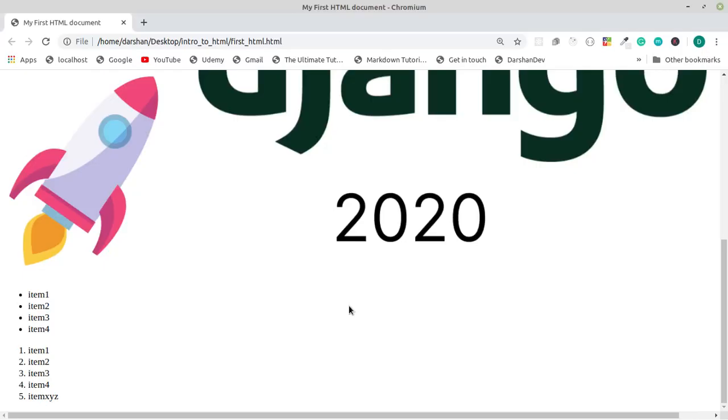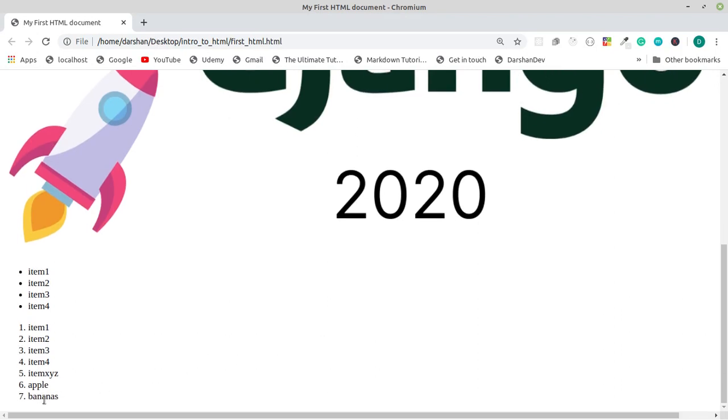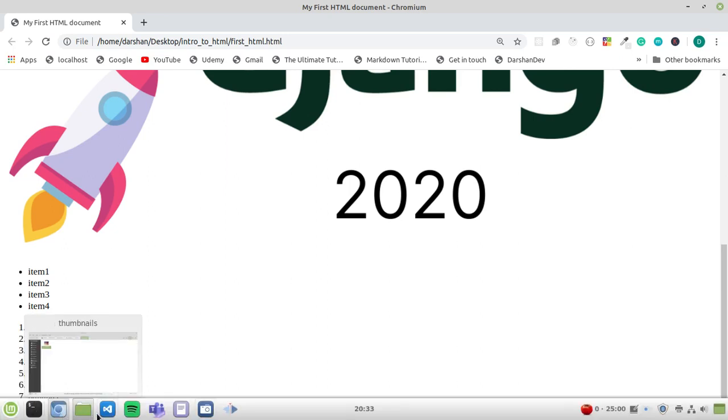Save them, go here, refresh, and you're about to get them as sixth and seventh items. So this is how an ordered list works, and this is an unordered list. The next type of list can be a nested list. Basically you can give your li as a list. So you can have the second item be an unordered list, or one more ordered list. You can just nest them inside one another.